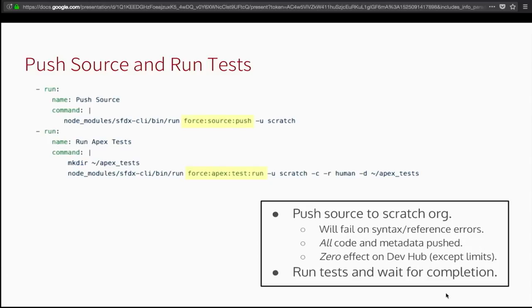But provided that's not the case, we'll get that perfect snapshot that we talked about earlier of exactly what our project looks like at this point in time. The whole project, everything we've built heretofore, our whole team, is going up into that scratch org. We're going to run our unit tests, all of them. Again, not just the unit tests that we've written on the latest feature here, but all of them across the whole organization. That's how we get our integration, our continuous integration, and find any of those regressions that might be lurking.